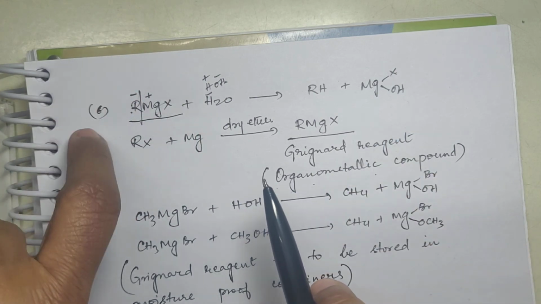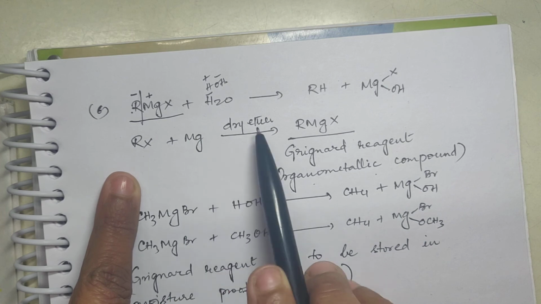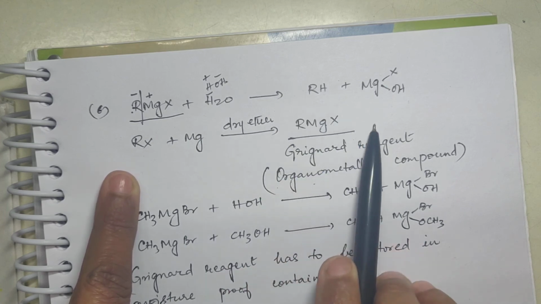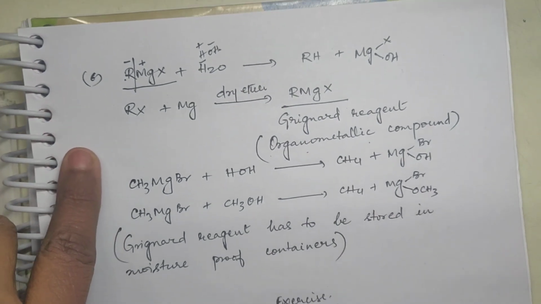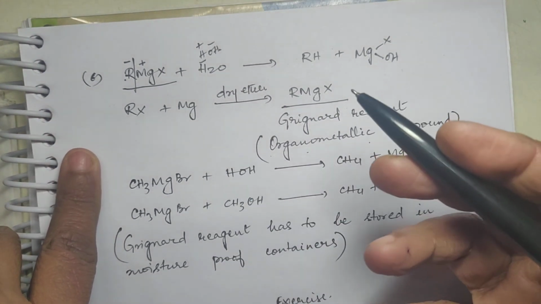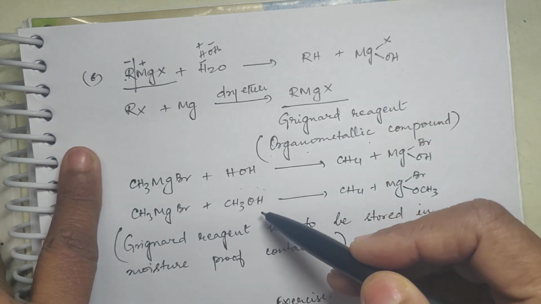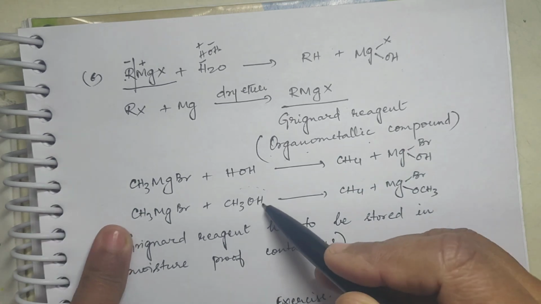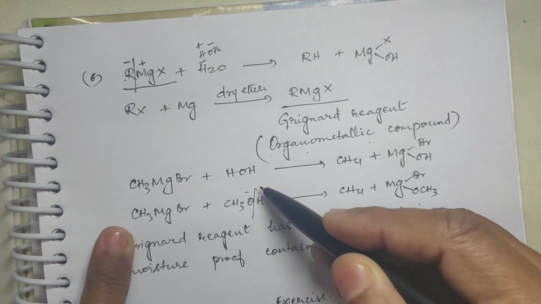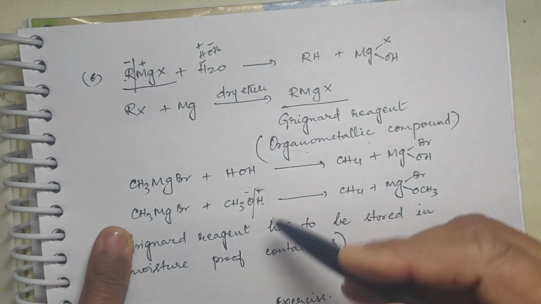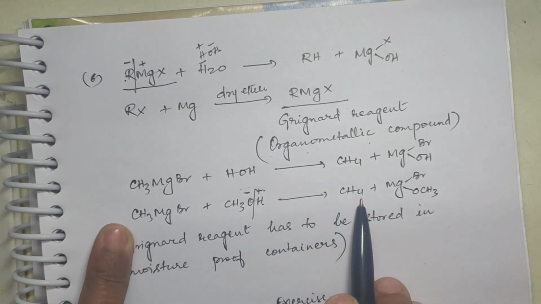Now how do you get this Grignard reagent? From RX. RX is treated with magnesium in the presence of dry ether, you get Grignard reagent. Now this alkane, it is not necessary that you have to use only water. It can even be prepared by using alcohol. Whichever is having acidic hydrogen can be used here. So if you use CH3OH, this will ionize like this, CH3O minus and H plus, and H plus will go with CH3, you will get this.